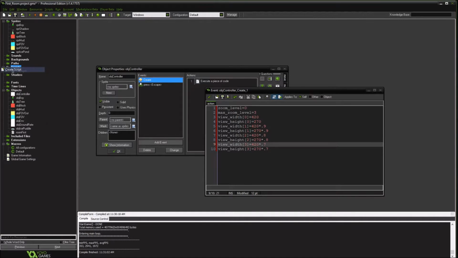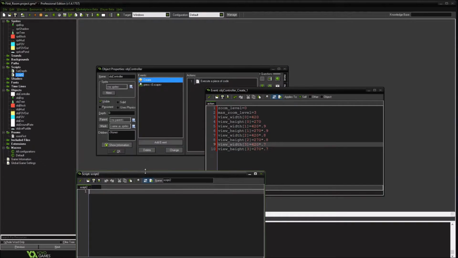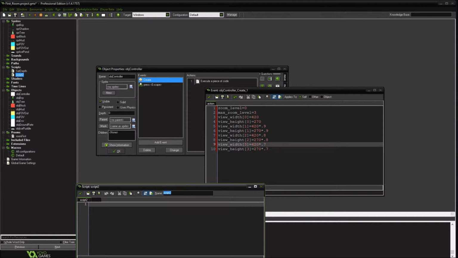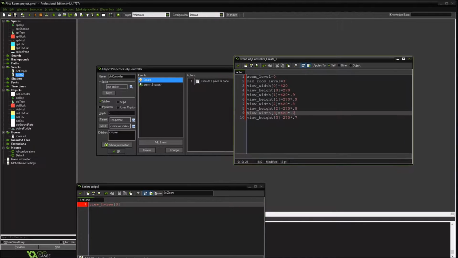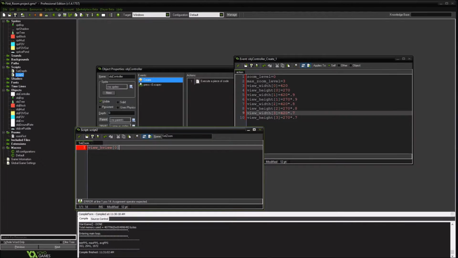We're going to create a new script. I'm going to call it set zoom. And we're going to say our view, our height of our view, since we only have one view. And you probably need to adjust this if you're going to use multiple views. I don't really do that at this point. First thing we're going to do is assume we've changed the level. And what we want to do is make sure our zoom level is within the bounds of our array. So we're going to clamp it,